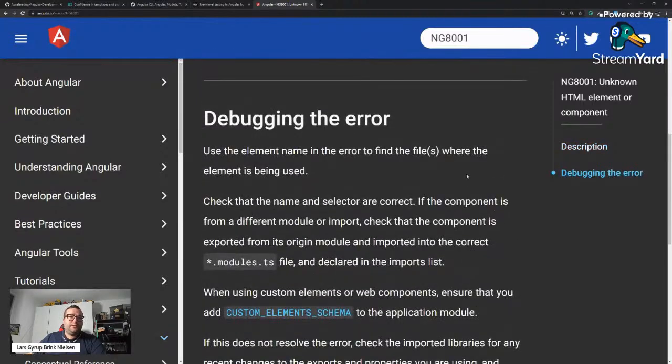Debugging the error. Use the element name in the error to find the files where the element is being used. Check that the name and selector are correct. If the component is from a different module or import, check that the component is exported from its origin module and imported into the correct